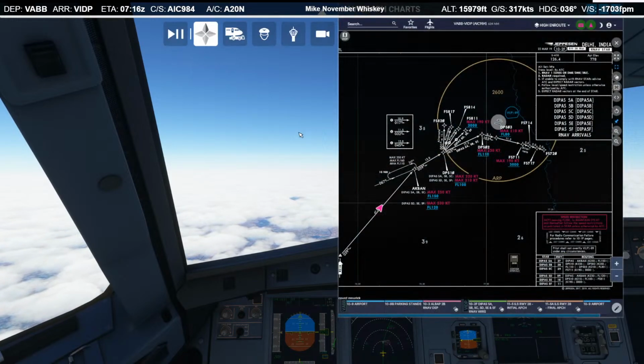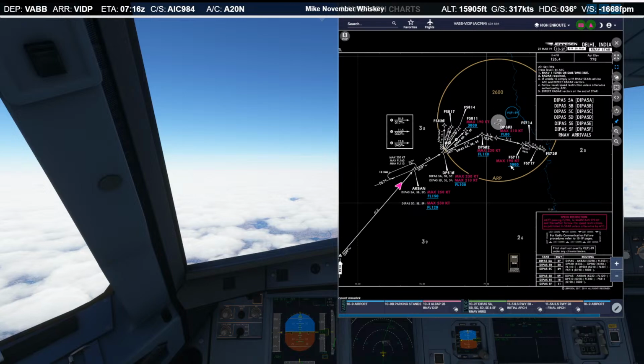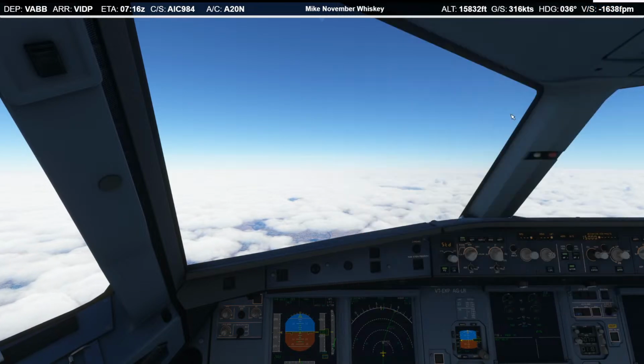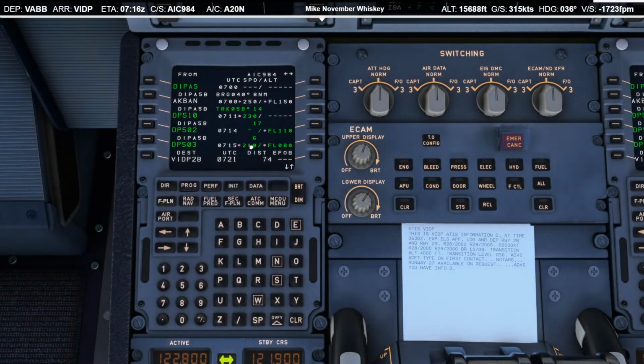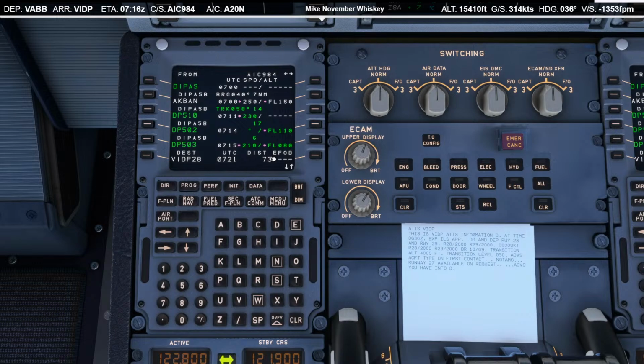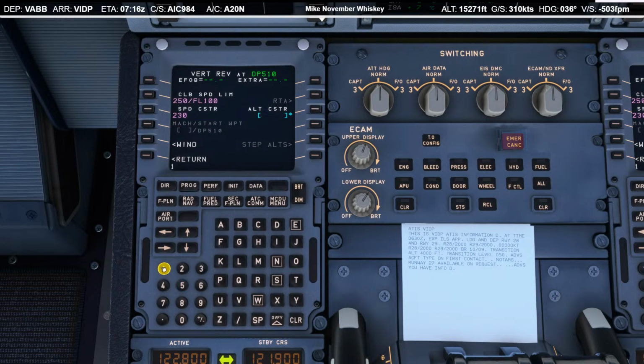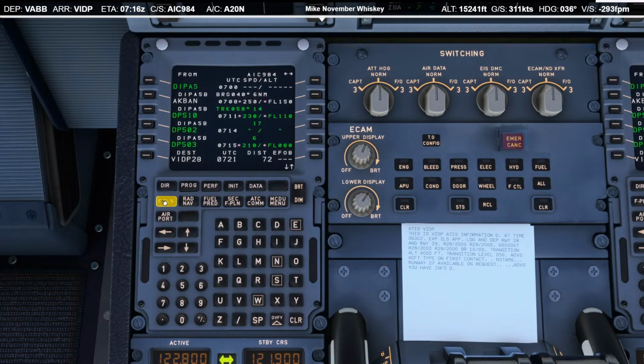So what I'm going to do next, I'm going to manage descent to 3,000, and it should adhere to the altitude constraint. Fill that in there.